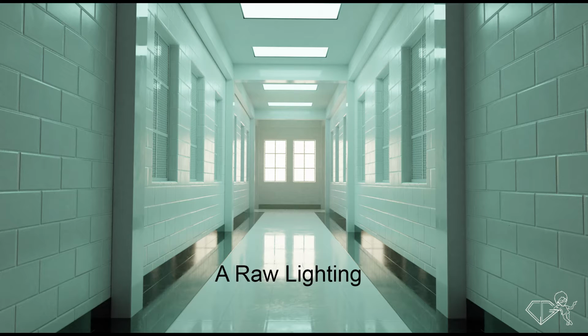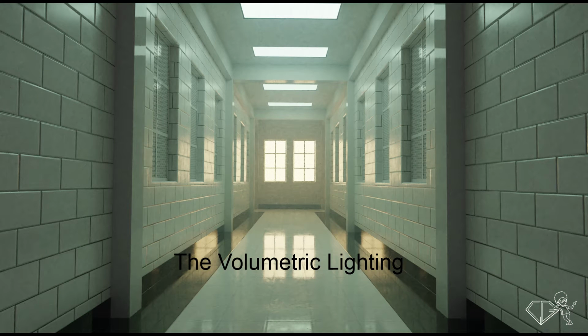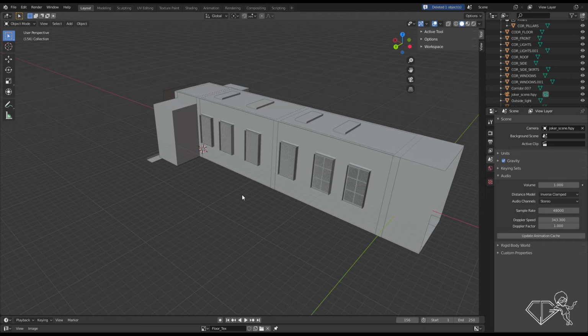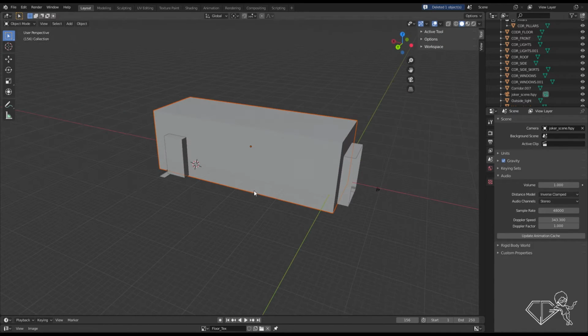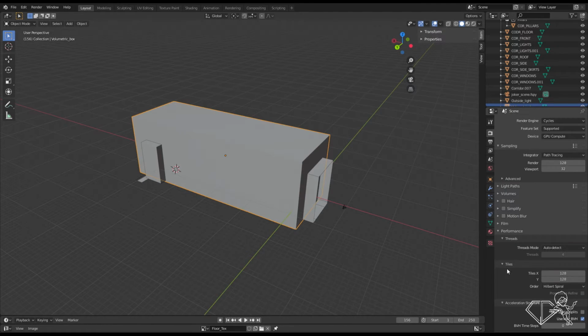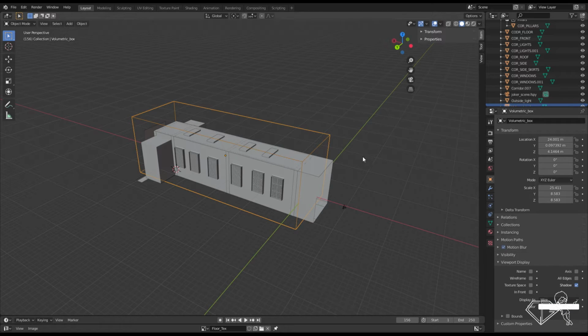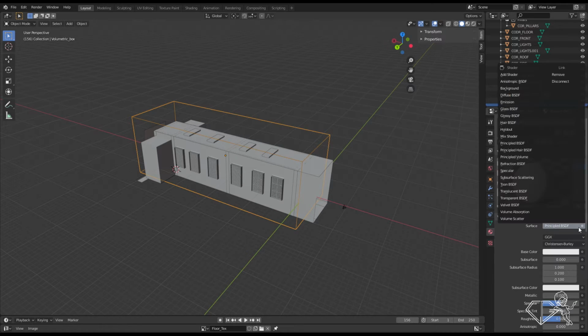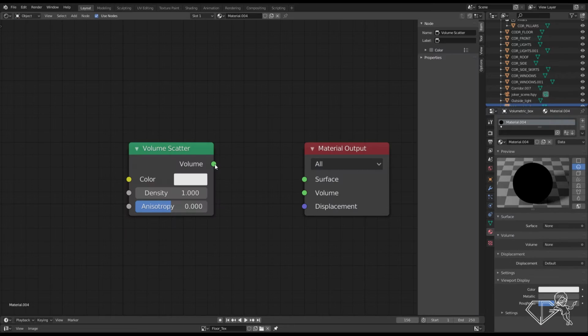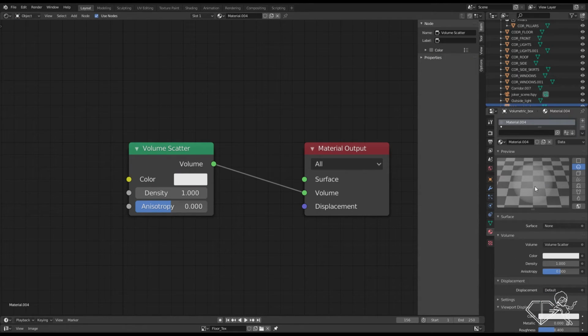To add some noise and fog in my lighting, I'm using volumetrics. Just drag in a huge cube. Just make sure to disable it in the viewport. You don't need to see it in the viewport. So set the display mode to wire mode. It will still be visible in the render. And now add a volume material, add it to the material output. Change the density according to the volume you need in your scene.